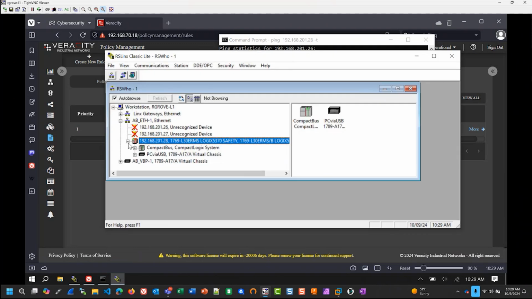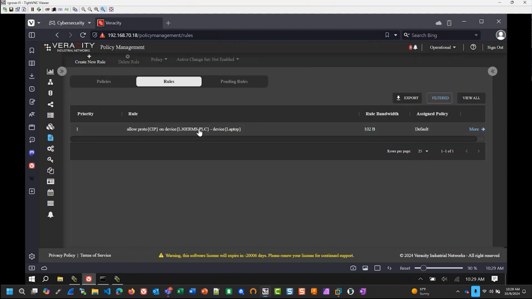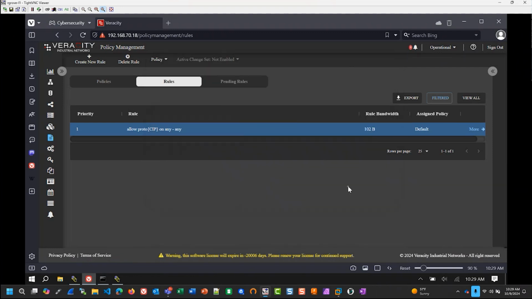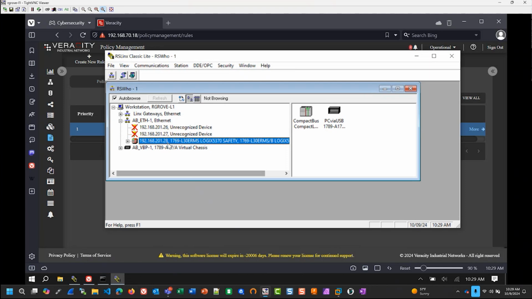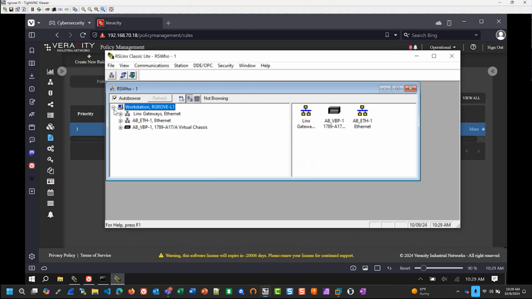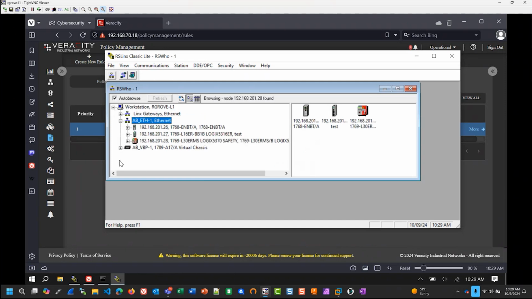So if we follow through with that same idea, I should be able to edit this rule and say allow SIP on device any. Apply the change. And now when I go over to links, and any of you know that it might take links a minute or two to catch up, so we're going to kind of goose it a little, make it go out and browse the network. So you can now see those 3 devices and I can browse them and I can do anything I want with them